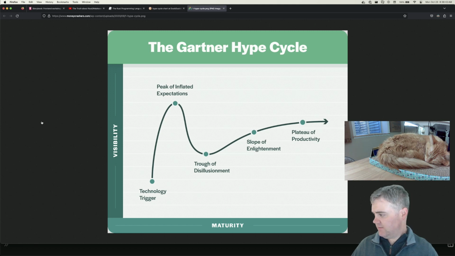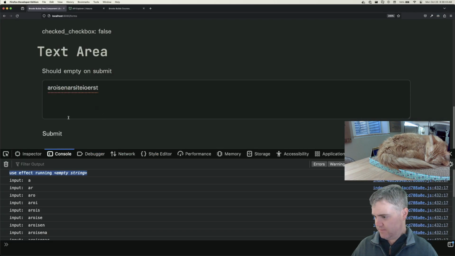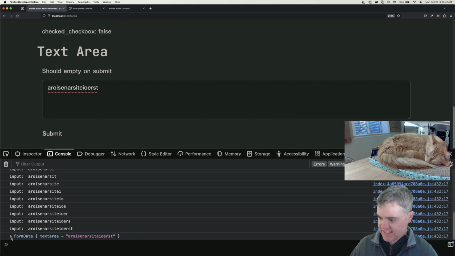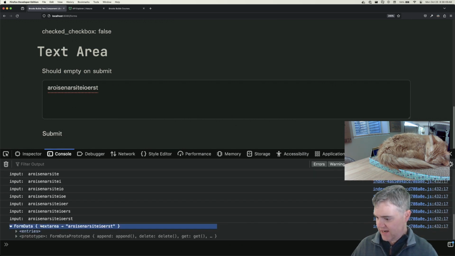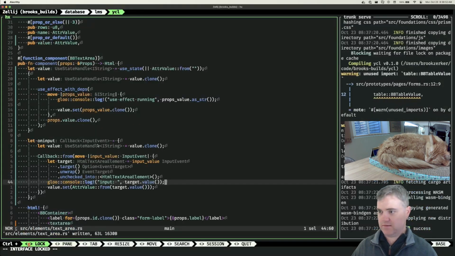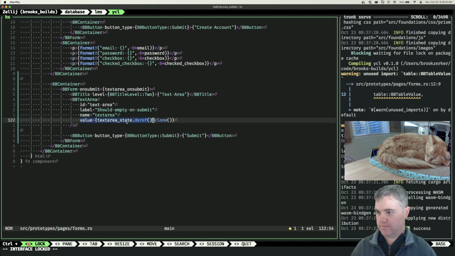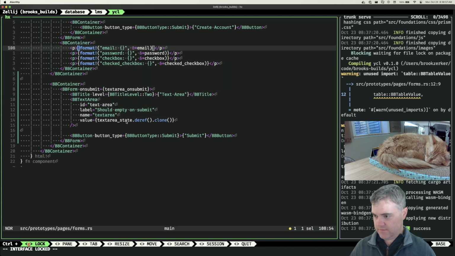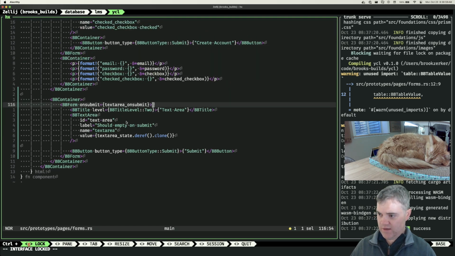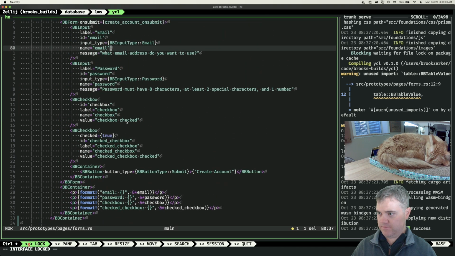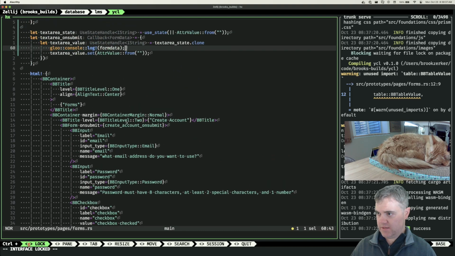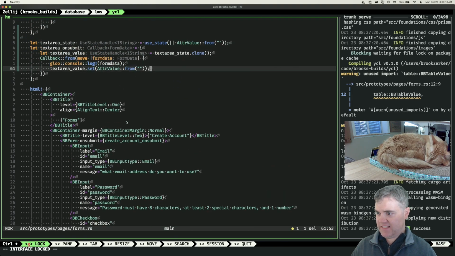Did I get, I did get the form data. So I got this. So we have BB form on submit here. So that came in here. And then I text area value set, and I set this to be empty string again. So because it didn't change,